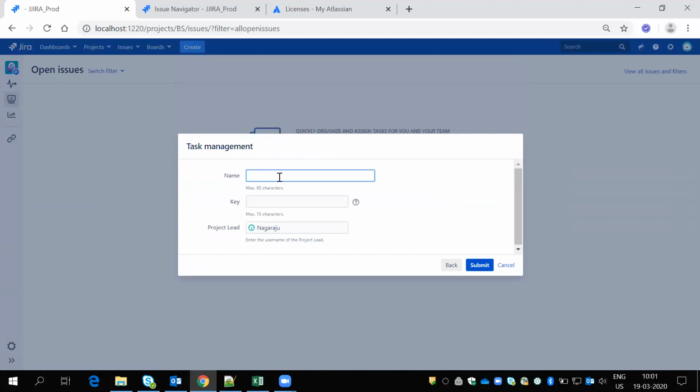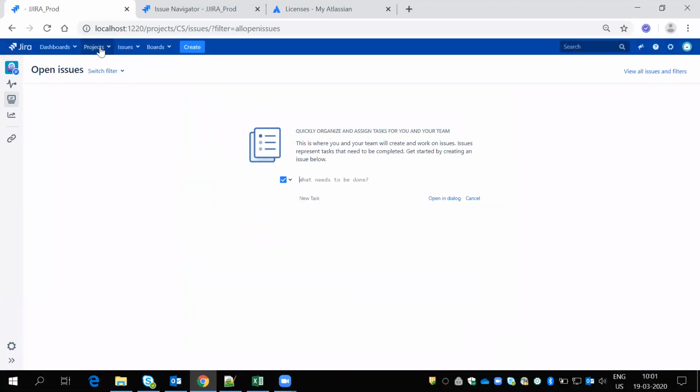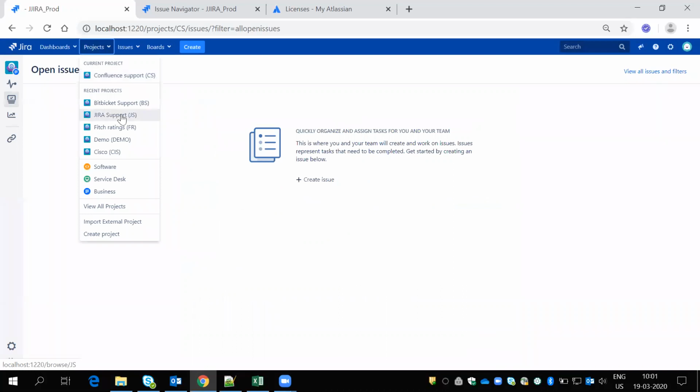And I'll select Confluence support. Click next. I'll create three projects here: Bitbucket, Jira support, and Confluence. So Bitbucket support I created.